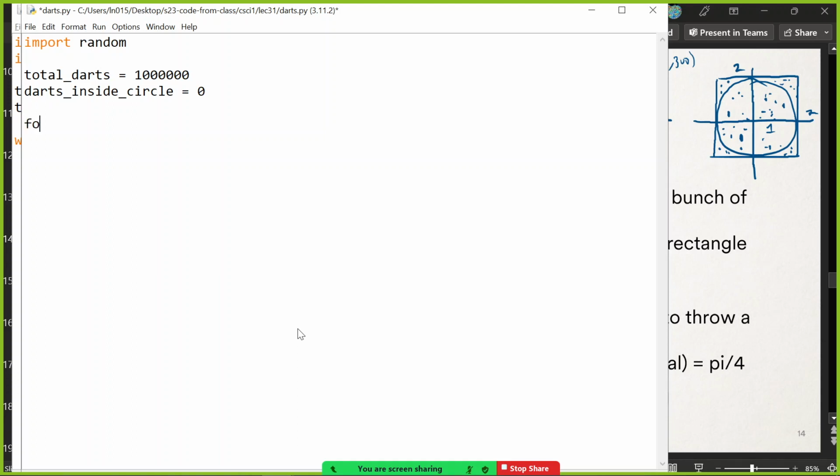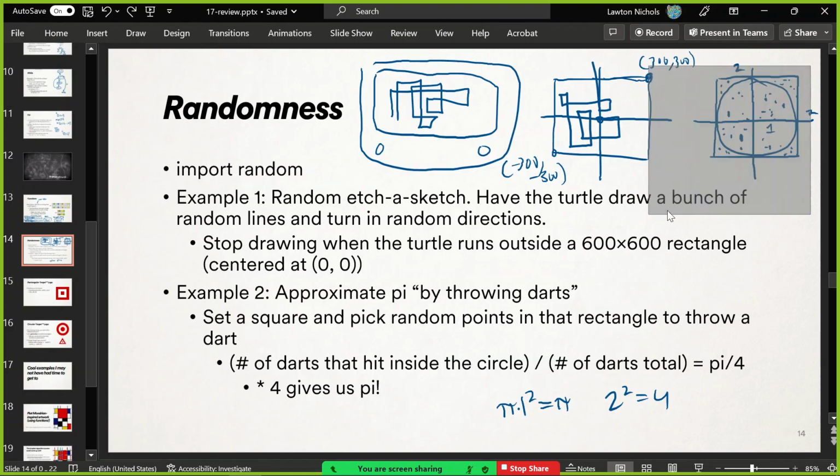And so we're going to repeat for i in range total darts times. We're going to simulate throwing a dart and see if it landed inside the circle. And so pretend that you can only hit somewhere within this square. What do we want then? We want to randomly throw a dart, which means we want a random x and y coordinate within this square.